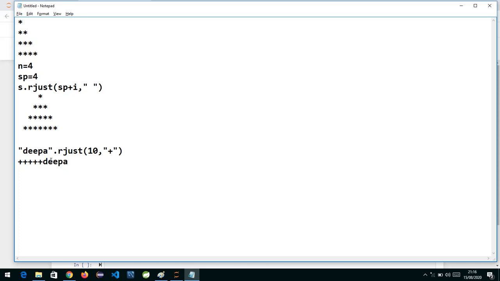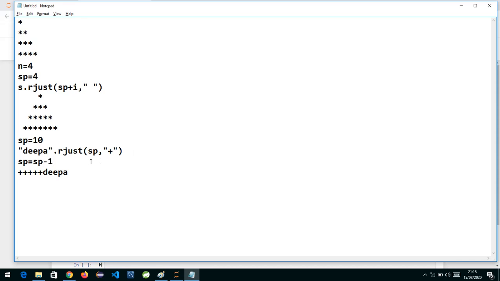This is constant, but if I take this as a variable, suppose I take a variable sp with a value of 10 and pass sp, initially it will keep 10, then if I do sp minus minus, that is sp is equal to sp minus 1.